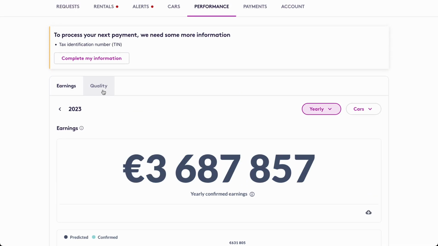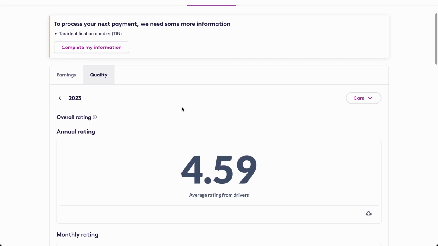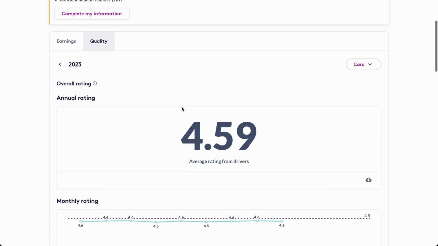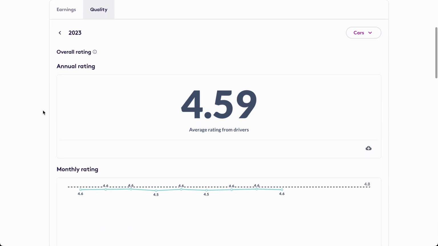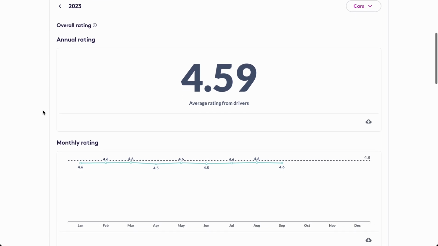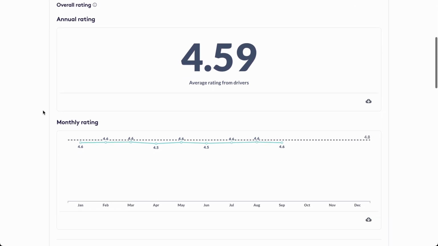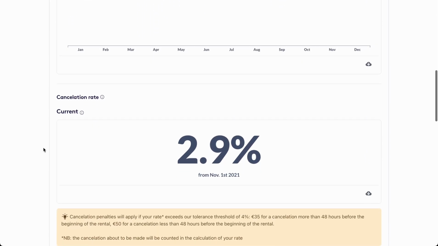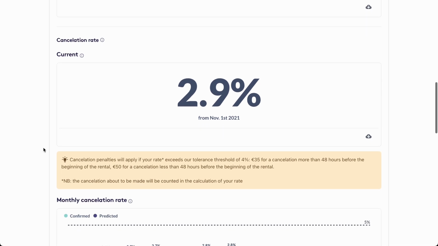There's also a quality tab in this dashboard that enables you to oversee some important quality metrics on the platform that have been mostly supplied by drivers who've been booking your cars. You can see the overall annual rating of your cars that you've been given by drivers through the review process, your cancellation rate, which is a very important metric on the platform,